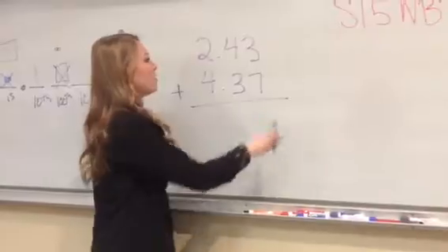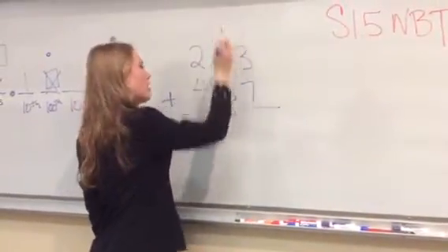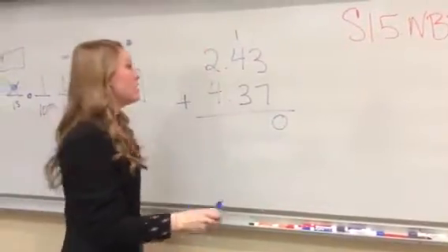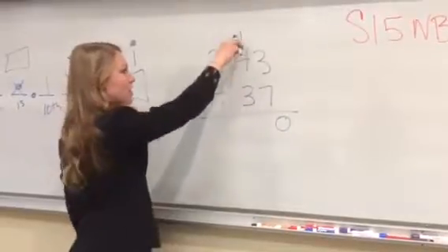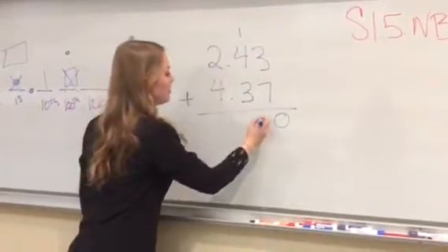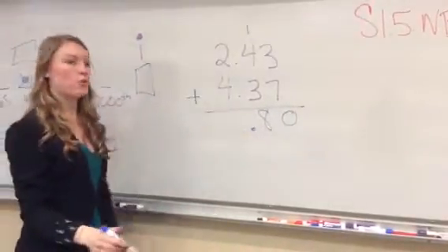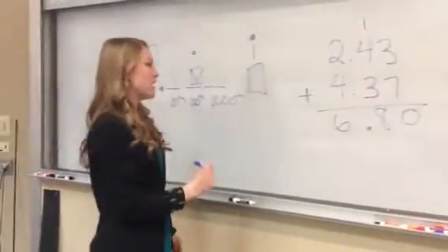We have 3 hundredths plus 7 hundredths equaling 10 hundredths, so we know that we have to carry to our tenths place. We will have 4 tenths plus 3 tenths plus 1 tenth coming to 8 tenths. And we will have 2 plus 4 equaling 6. We will demonstrate this in base 10 blocks